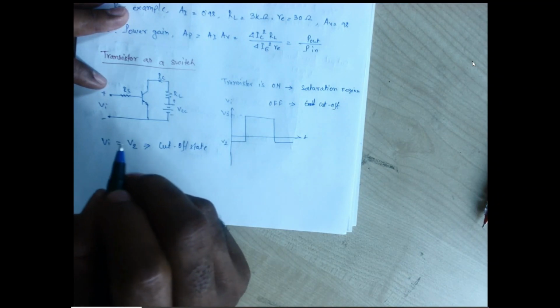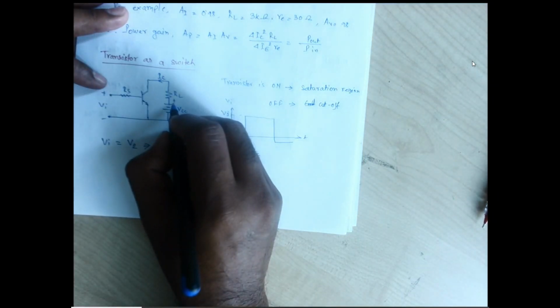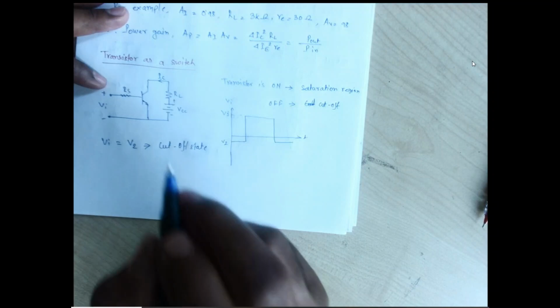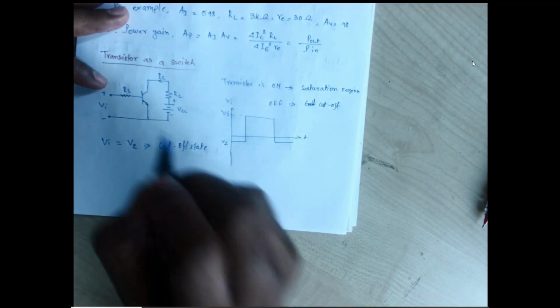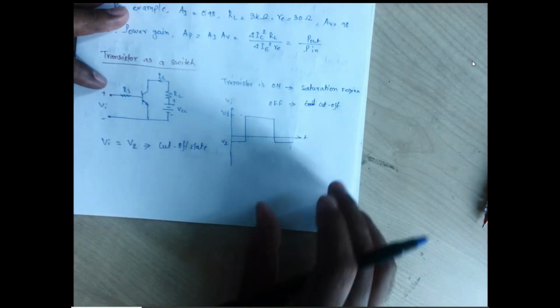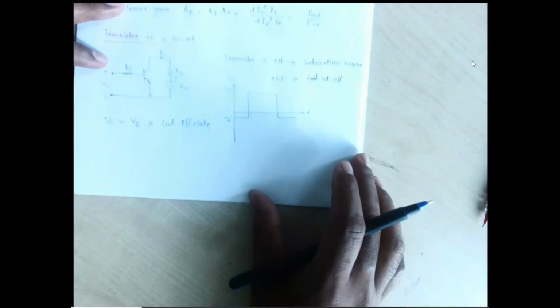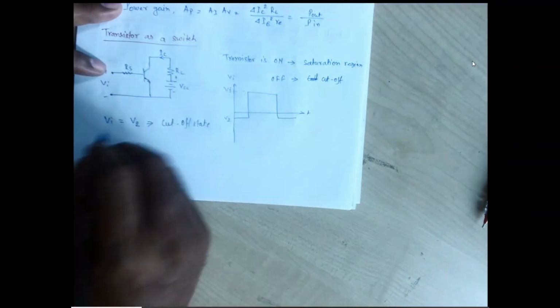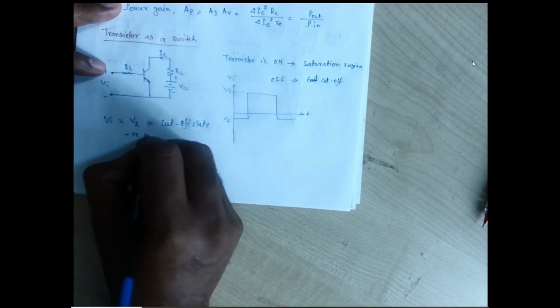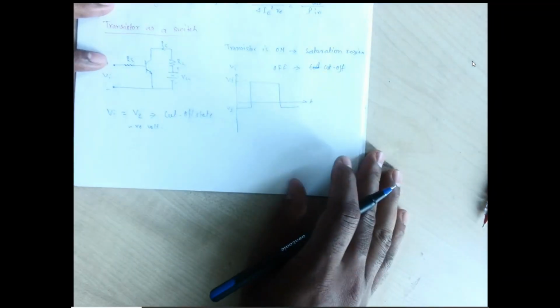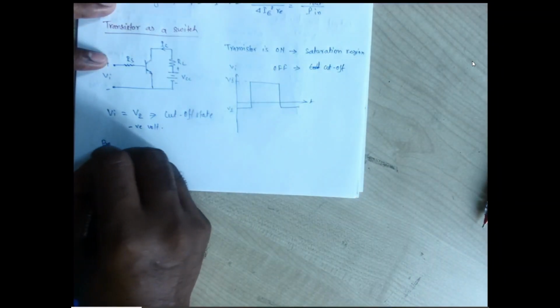The collector is already connected with the positive and the base is in the negative. So just try to think, for this case when Vi is equal to V2, that is some negative voltage, for this case the base is